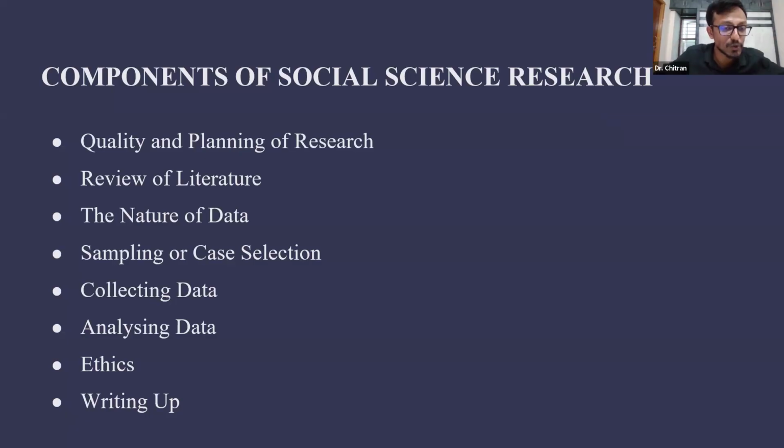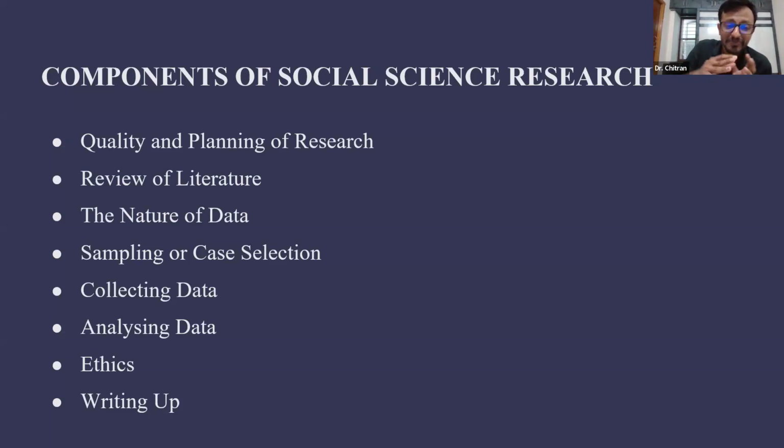But in other social science disciplines such as sociology, economics, anthropology, and all, sampling is a very important component. In fact, we were never taught about sampling per se as history scholars. So in that sense, this was also a learning for me, and I have certain concerns about how sampling is conceived in social sciences.